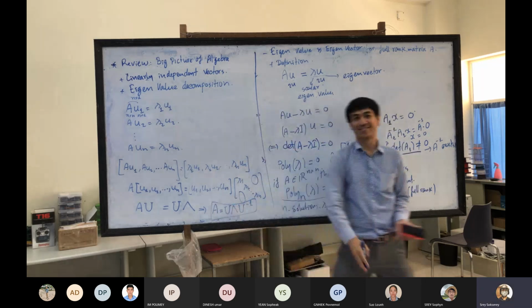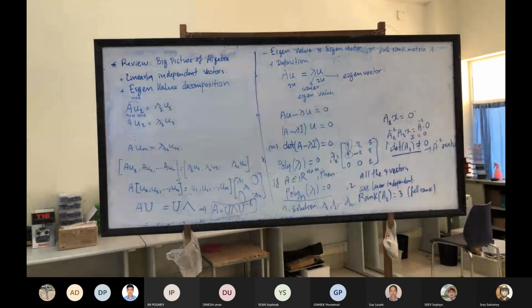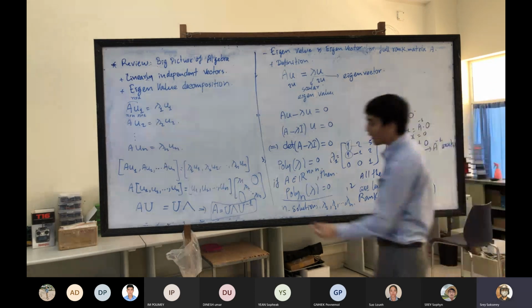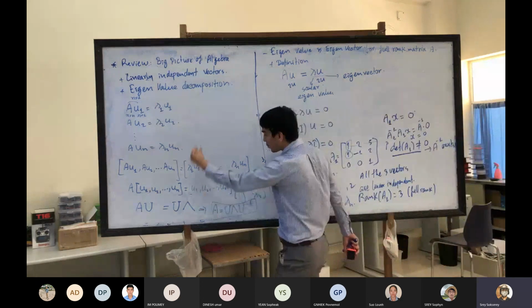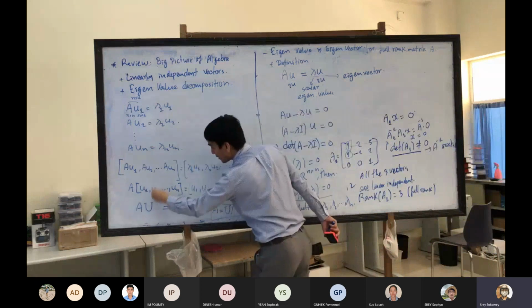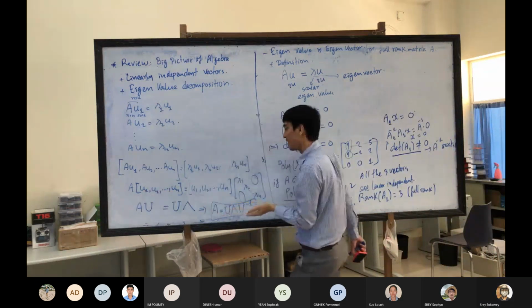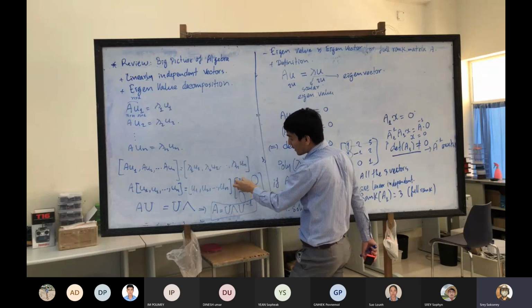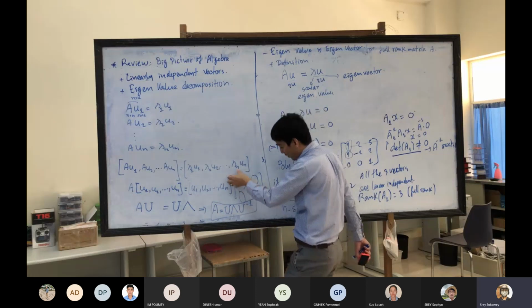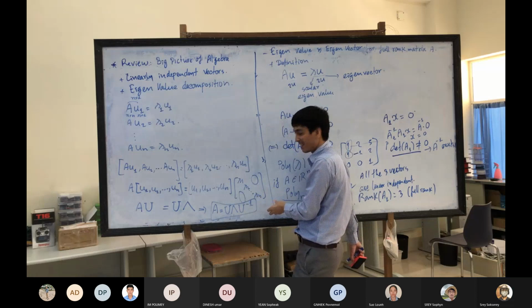Lambda is diagonal. U is the matrix of all the eigenvectors. So you got all the eigenvectors and put them together like this. So you have a matrix of eigenvectors, and you put all the eigenvalues as a diagonal matrix, then you get